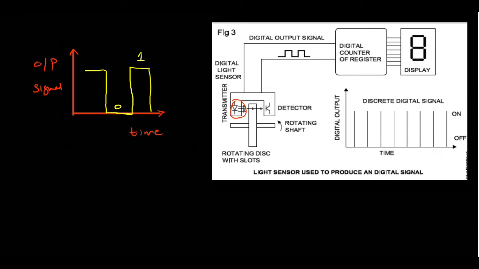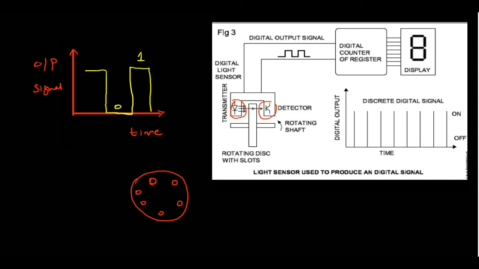photodiode, and this transistor is acting as a receiver. This is connected to a shaft. This is like a round plate, and in between, holes are there, slots are there. So this plate is rotating in between these two. So whenever this opening comes, whenever this hole comes, it can take a count, can give a pulse. Either it can be low to high or high to low.